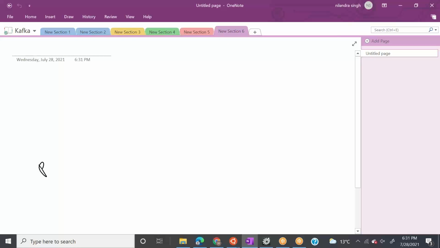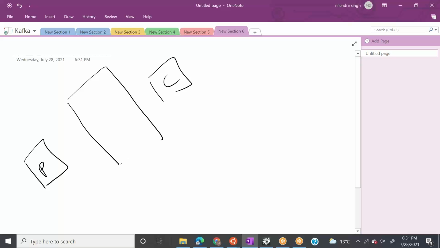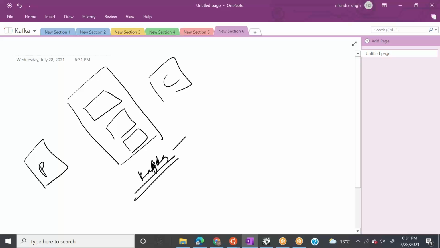Kafka sits between your producer and your consumer. And we know one thing about Kafka, that Kafka is not a single machine. It is a combination of multiple machines. We know this thing even though we haven't touched Kafka. Why do we know this? Because Kafka is nothing but a messaging queue. We know this, right?